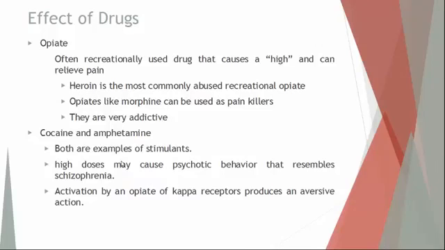Next two classes of drugs we'll talk about, cocaine and amphetamines. These are both examples of stimulants. The opiates are going to be the opposite. Opiates are depressants, calm the heart, they calm everything down. If you ever had a pain reliever, like morphine, like Vicodin, it's a much different feeling than a stimulant would be.